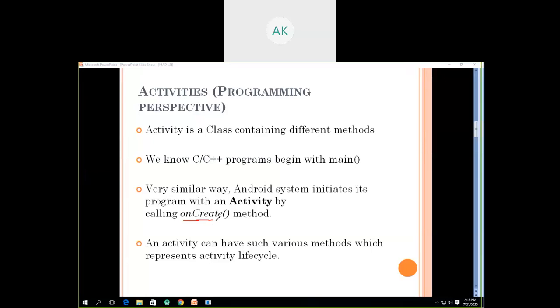The activity can have not only the onCreate function, but a series of such methods, which we are going to see. Just remember, an activity is a class which can contain different functions, and the important function is the onCreate function.